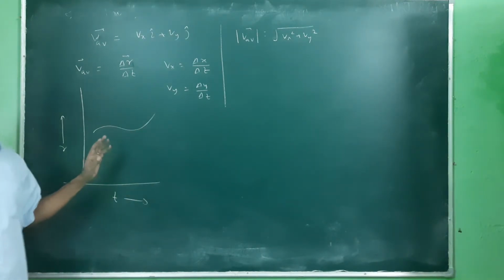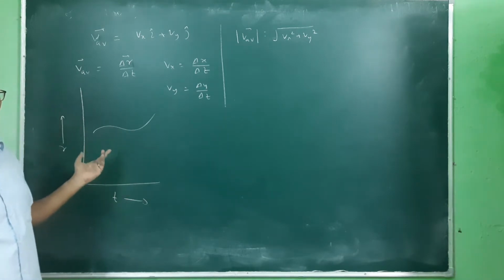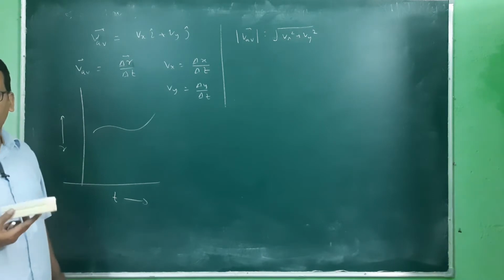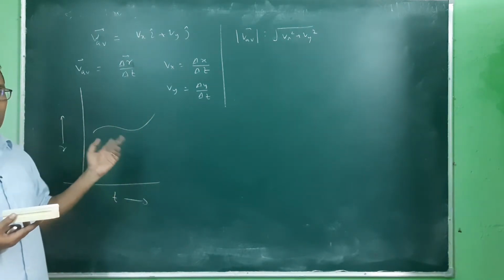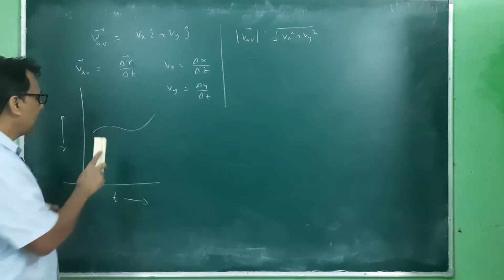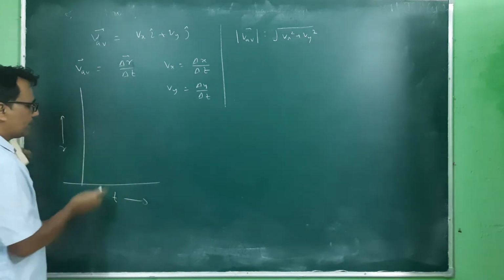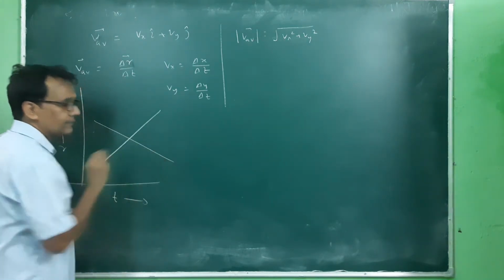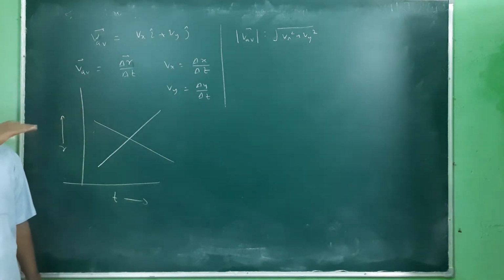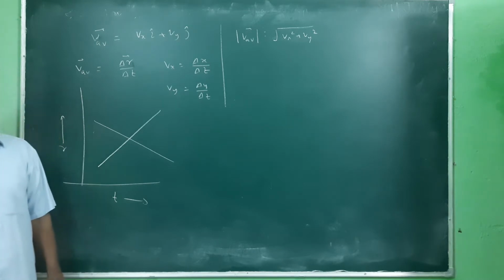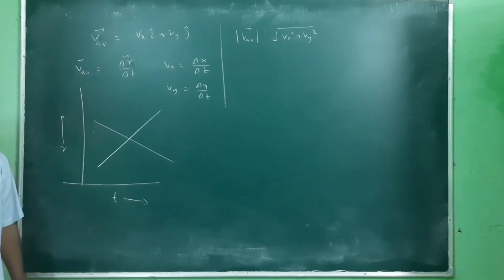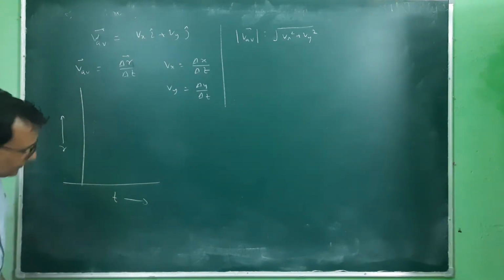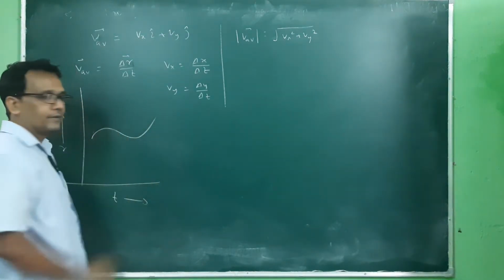So what is the difference between the one-dimensional and two-dimensional graphical representation? In linear motion versus non-linear, two-dimensional motion, what is the difference? In linear motion, how do we show it? We just take one straight line like this, just a straight line. The variation is in a specific direction. But in the two-dimensional case, we have a path like this. So this is that path.